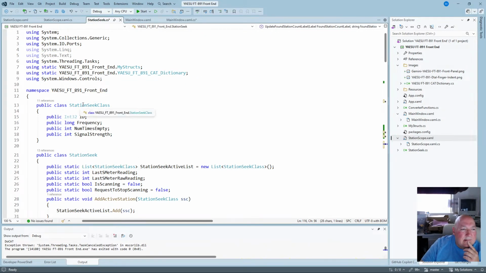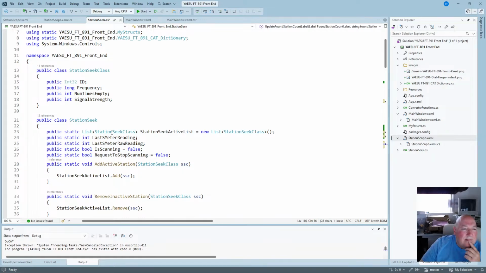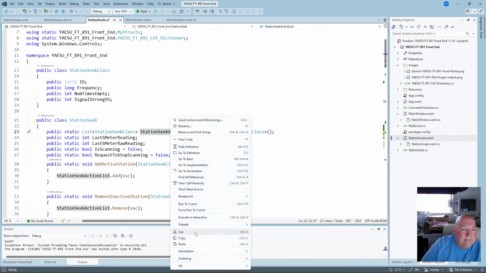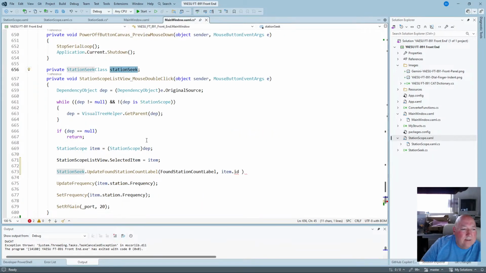Oh, that's station seek. So yeah, we've got to get its info. So it's a list of station seek classes. So state active list. Yeah. So we need to get that from that list. So we need to go, yeah, so we need to go here we go. Station, right, station seek. And then we need to go dot